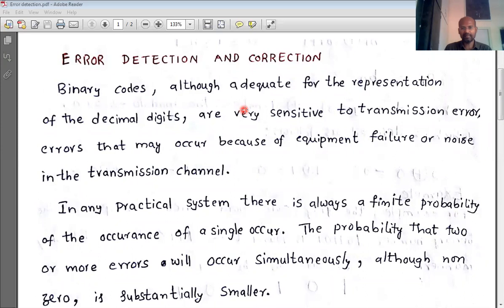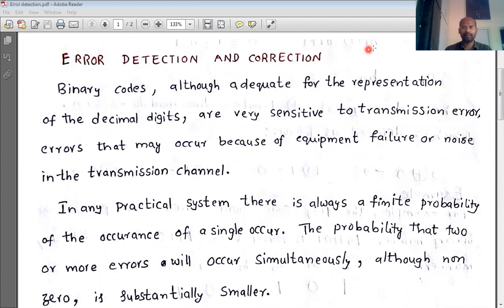Now let's see, in that process, we want to transmit some number, let's say 4, and we want that number to be received at the receiver. But in the process of transmission, because of channel noise or some other errors, 4 may not be received properly at the receiver. 4 may be received as 5 or some other number. Now we have to handle that problem. That is what error detection and correction is.